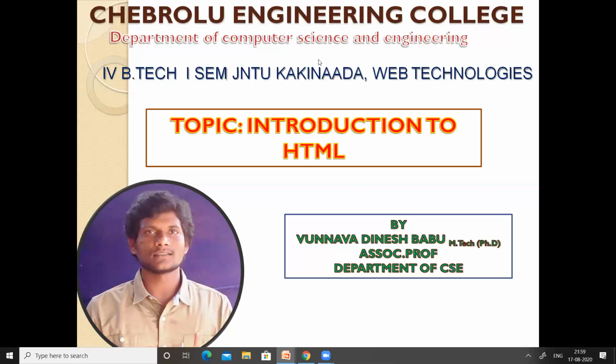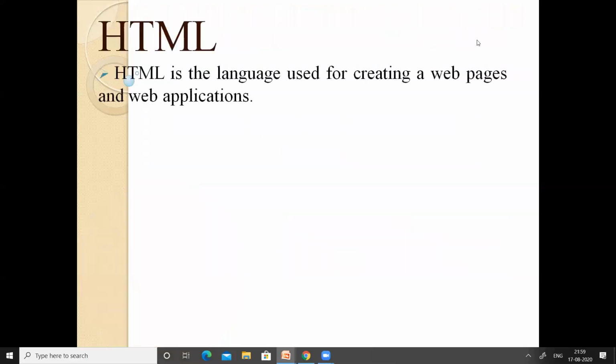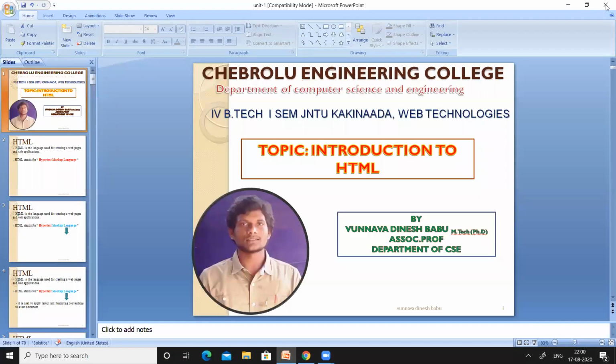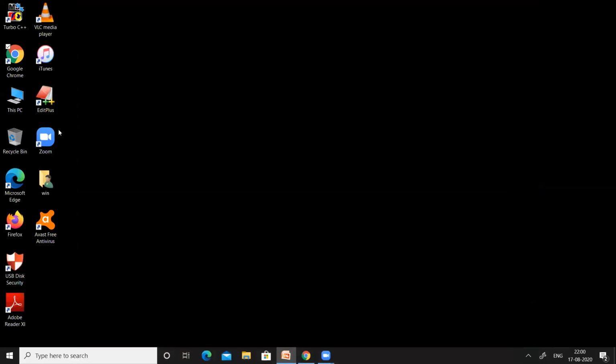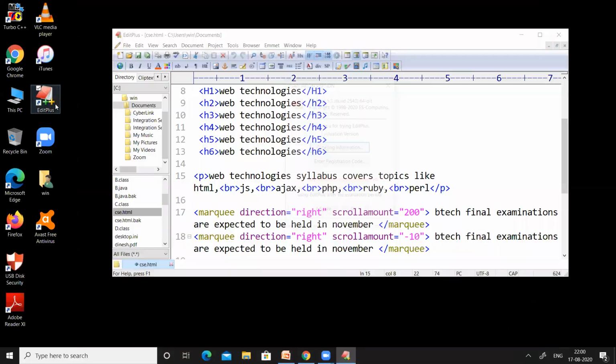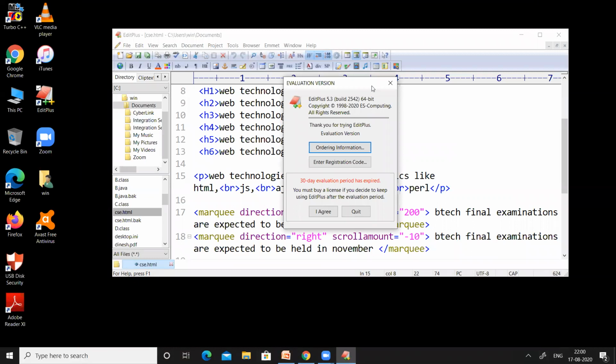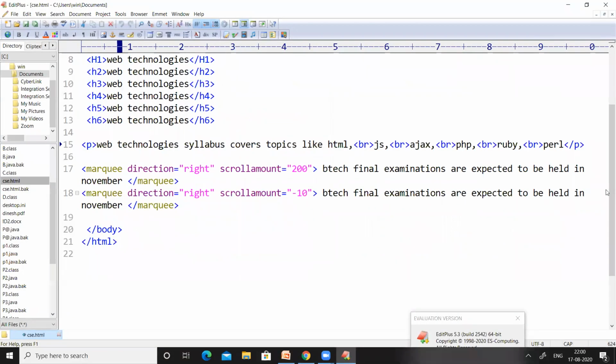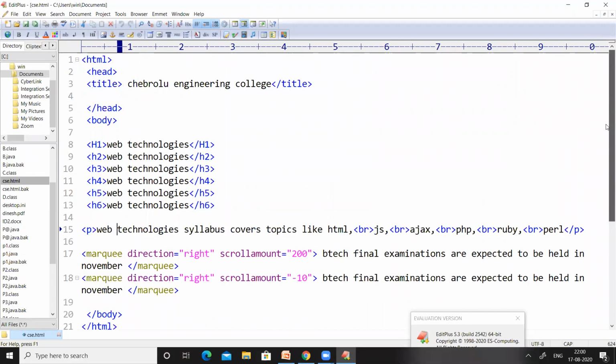So let us quickly move on to our program. So we are already working with the Edit Plus software in order to work with HTML programs. And this is the program that we have seen in the last class.